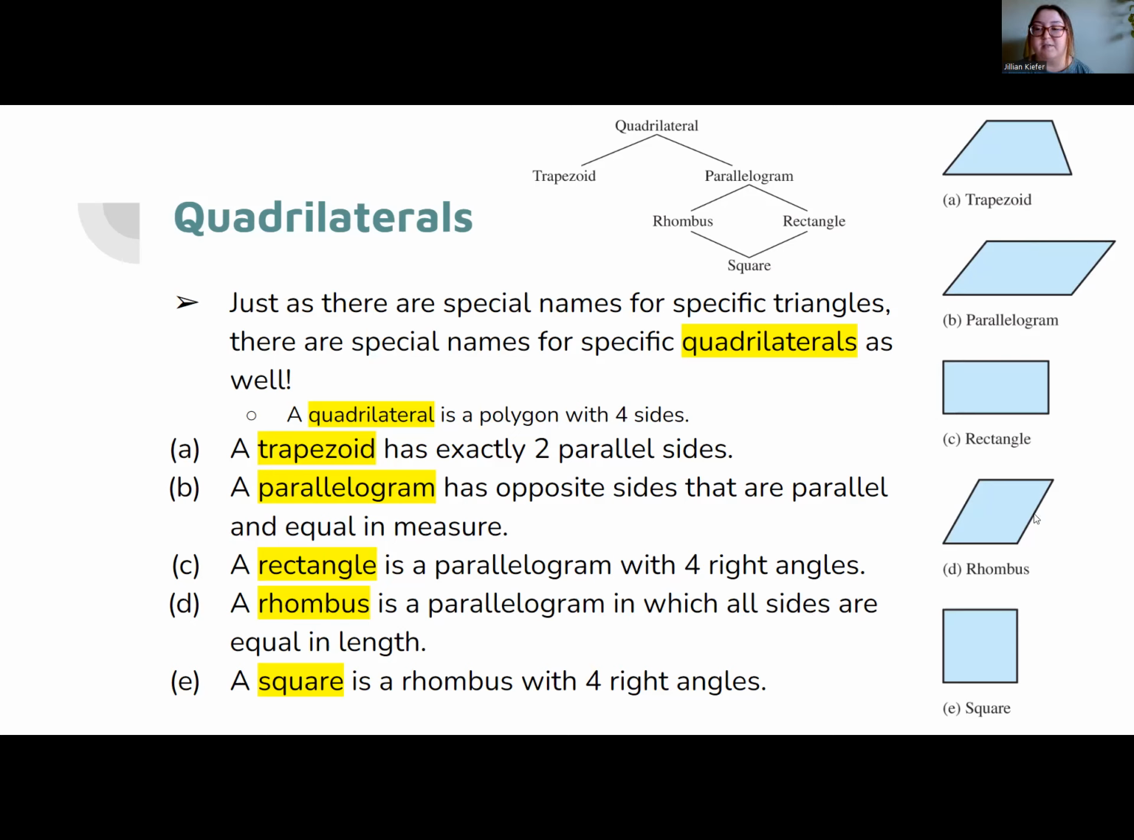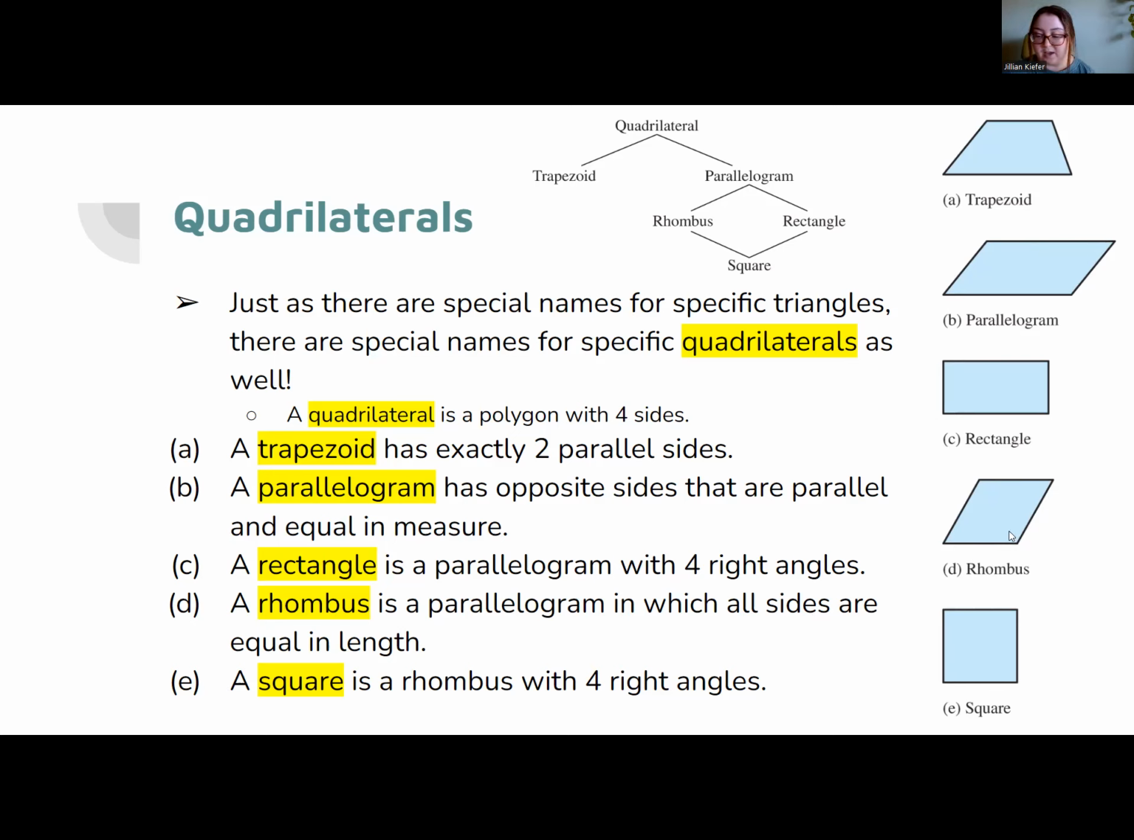So a rhombus is kind of like a slanted square. Each length here is the same and they're parallel. And a square is a rhombus with 4 right angles. So each side is the exact same, but the angles they create are right angles instead of these acute and